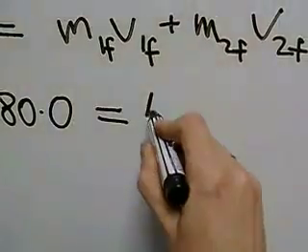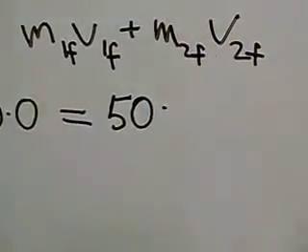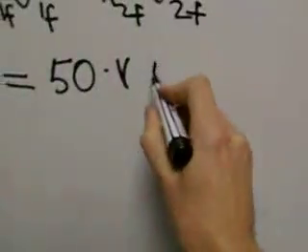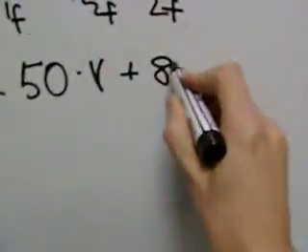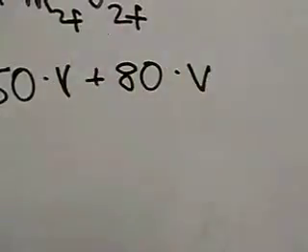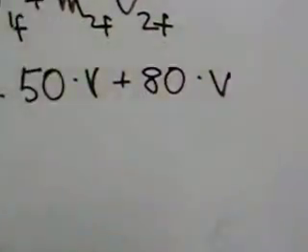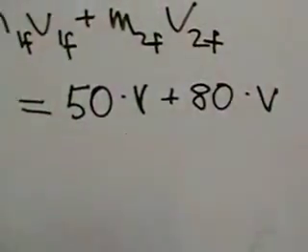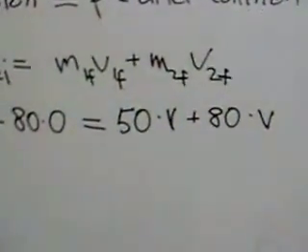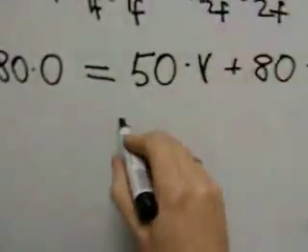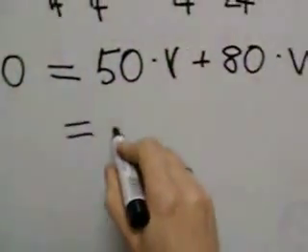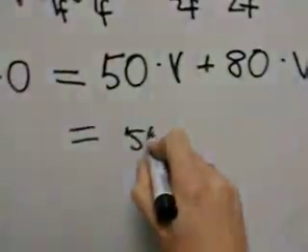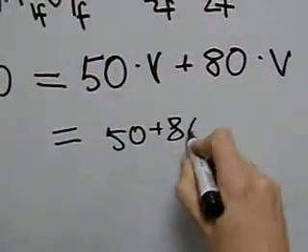again, 50 kilograms of the boy times the velocity after the collision, which we don't know, plus the 80 kilograms of the grandma times the velocity after the collision. And those two velocities are the same because they are moving as one object. The grandma just grabs onto the boy and they continue to move with the same velocity. So we can factor out the velocity. So 50 plus 80